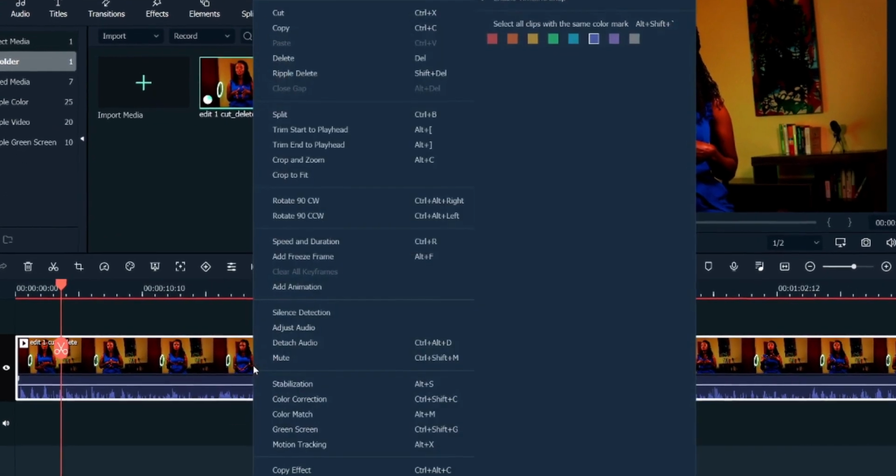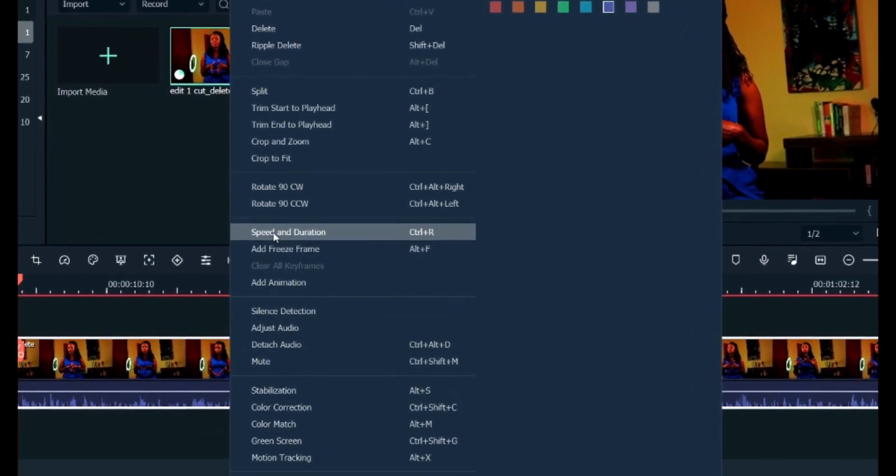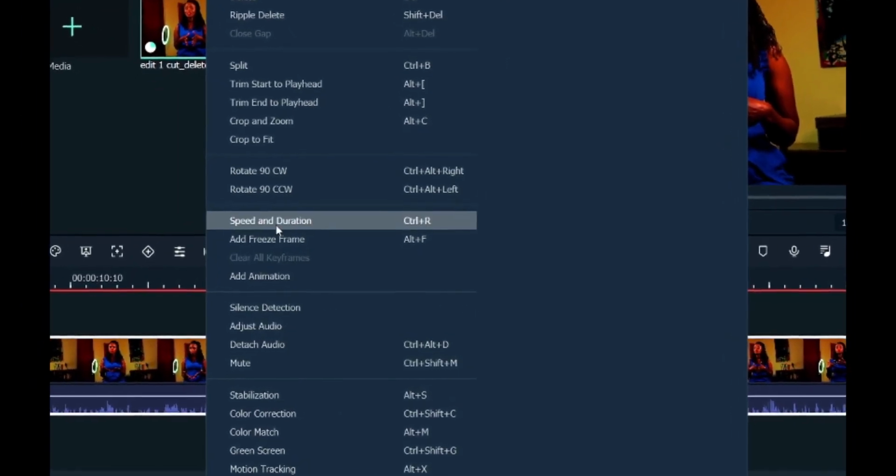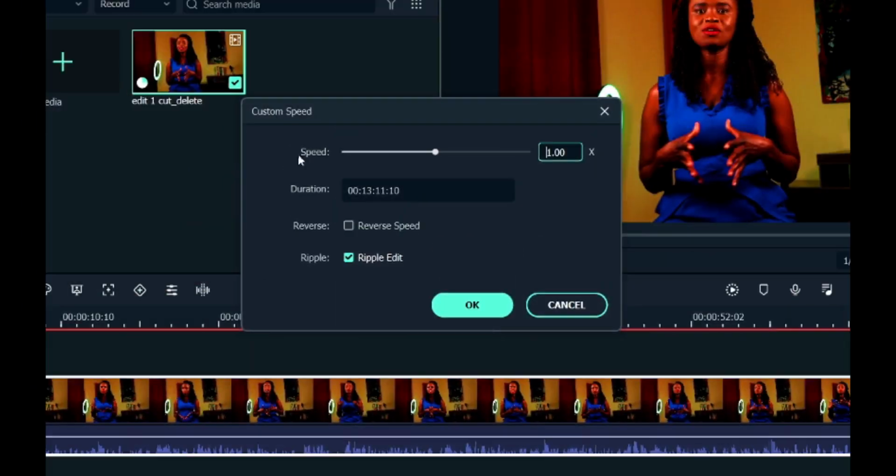Very simple. Right click on the video on the timeline, then navigate to speed and duration, and then there is speed here. Okay, you can customize speed. Right now it's at 1.00, which is the default and which is the normal one, and of course the duration of this video is 13 minutes and 11 seconds. So if I want to speed this up, but don't want to speed it up so much that the person appears to be a robot,